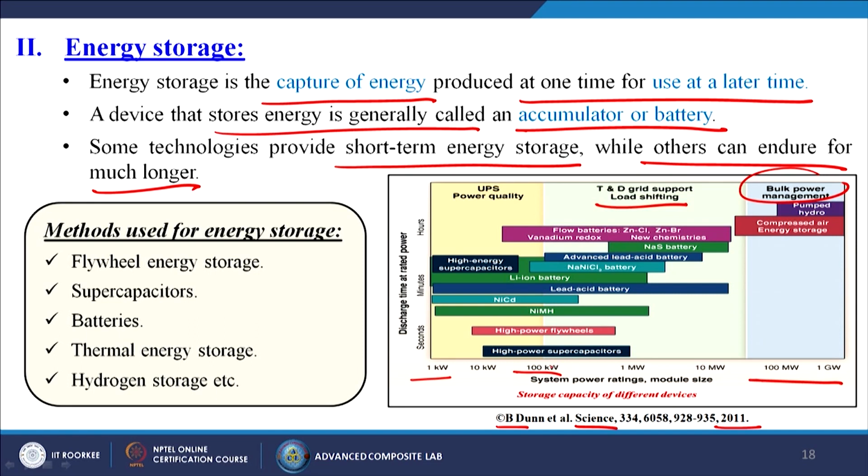So, we can do it with the lithium ion battery, lead acid battery, advanced lead acid battery and flow batteries. Flow batteries are also one kind of material which is in a flowable condition, that means they are in the liquid state, not the solid state. In most cases we use solid state batteries, but nowadays people are working on flowable supercapacitors or flowable batteries. First is electrochemical energy storage, which is nothing but batteries.